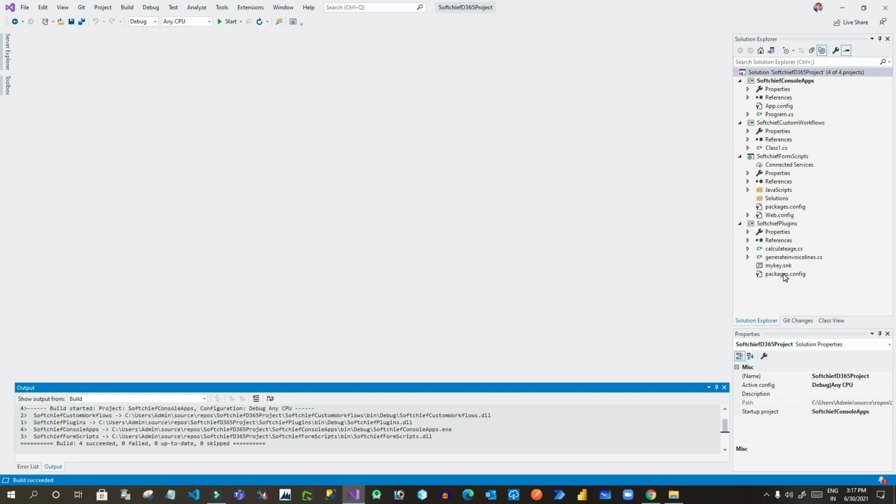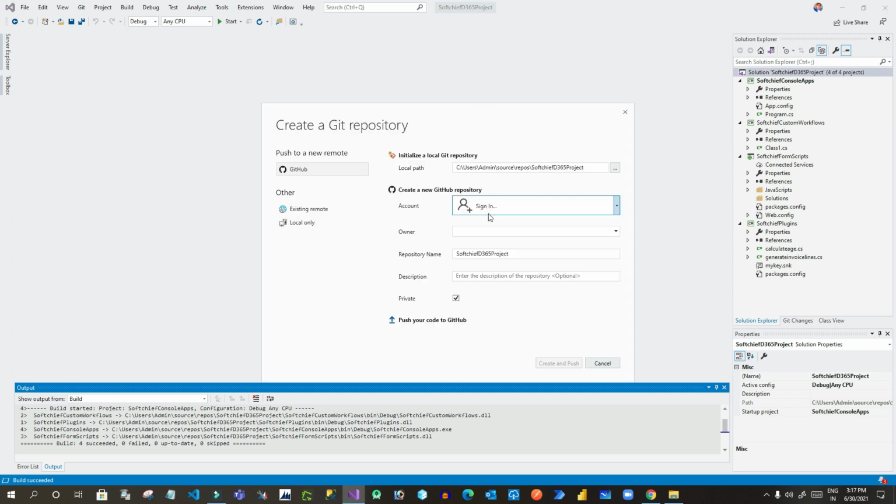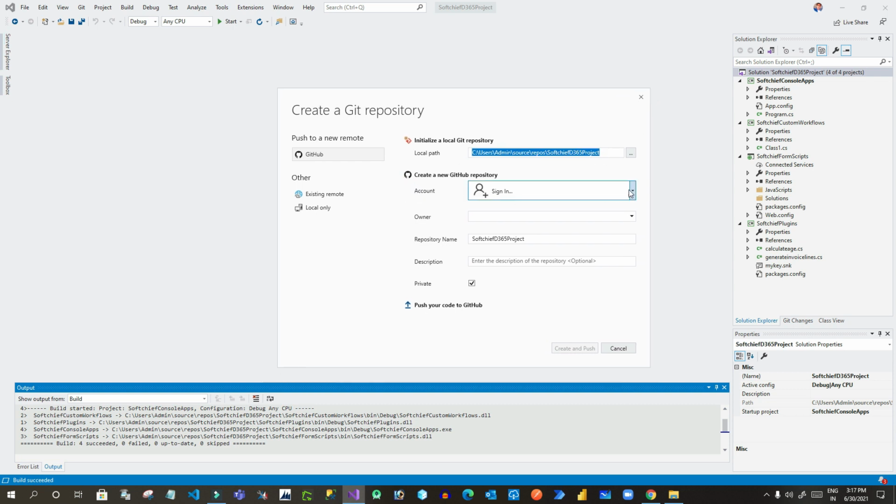But in this video I also want to tell you how you want to connect this with your Git server. I want to maintain this folder structure in a Git server. So you have to go to your Git and create a Git repository. You can see here there is a create a Git repository option. If you want to use local repository, you can use it, but otherwise you want to create a Git repository. So click on create a Git repository, and you have to mention, so this is the local path. It is asking to sign in to your GitHub. Click on sign in, click on GitHub account.